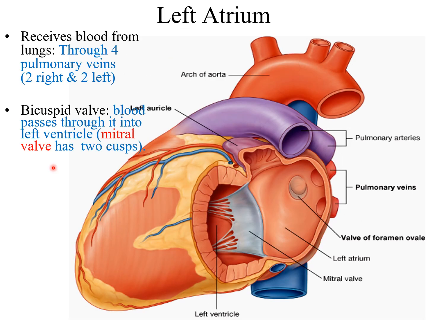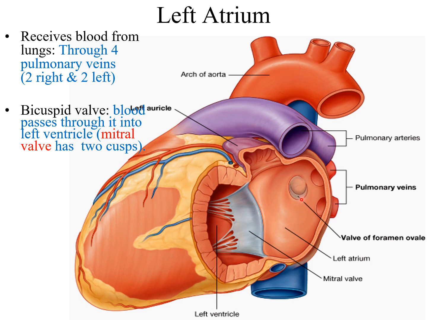Now the left atrium. The major part of the left atrium is smooth, and the rough part, where we have the muscle, is present in the auricular region. This is the left auricle, which we can appreciate on the anterior view, but the major portion we can only appreciate from the posterior view because it forms the base of the heart. Here we can see the smoother part, which is the major part, and the rough part just at the auricle. This rough part is because of the spiral arrangement of the muscle fibers of the heart.